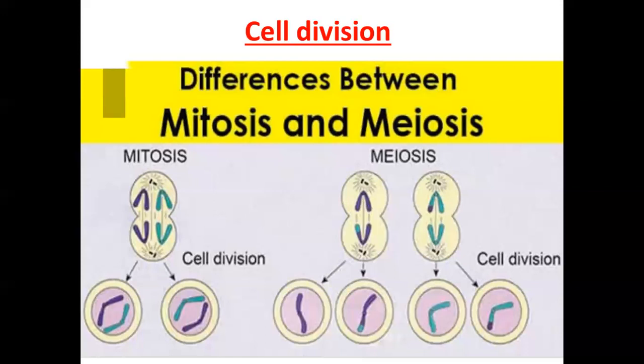When a cell divides by meiosis, it produces 4 new cells instead of just 2. Okay? The new cells only have half the number of chromosomes of the mother cell. Clear? That's why when gametes form, there will be 23 chromosomes, which will combine and then the zygote will form. This much only you have to study in class 9, and the rest, like the different phases, anaphase, telophase, you will study in higher classes.